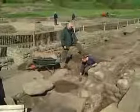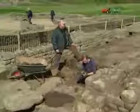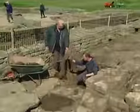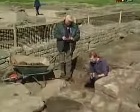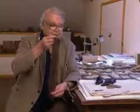The deep soil and mud at Vindolanda is so well suited to preserving ancient artifacts that even Roman textiles have been found in good condition. That is what it looks like. It's a Roman bandage made of some quite good quality local wool. But we get everything from bandages to